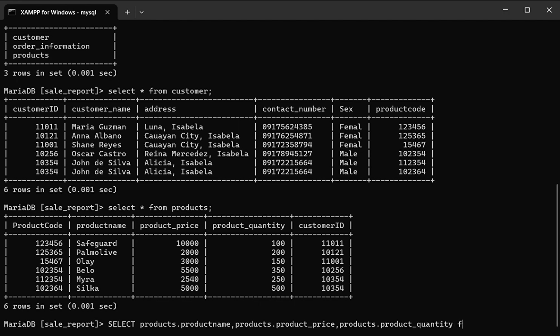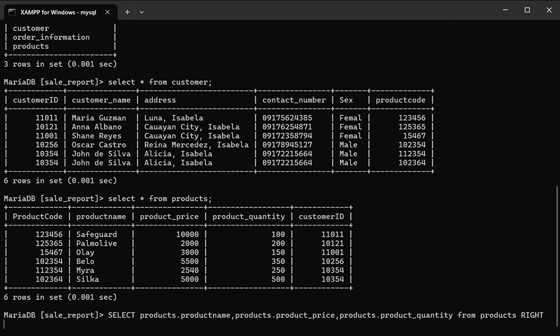So we have the product quantity from the table products, and then we will be joining them using the right join. Right join, the first table is the customer on products. So we will be joining them by the customer ID, which is present in both tables.